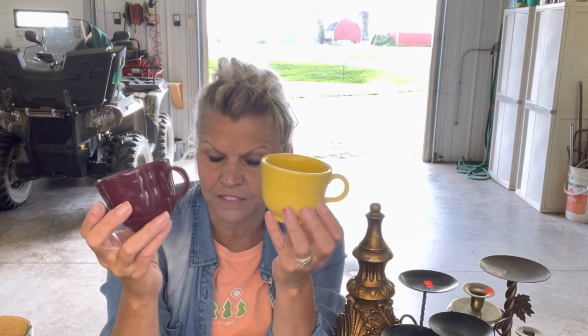No stamping whatsoever, and neither does this dark purple one. But they look just like Fiestaware. So if you know, drop me a comment and tell me, are these Fiestaware or aren't they? Even if they aren't, I'm still gonna put them with that collection because they totally look like the Fiestaware that